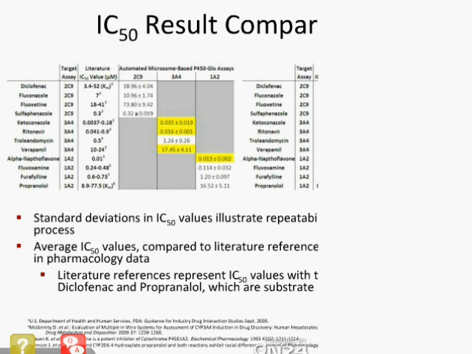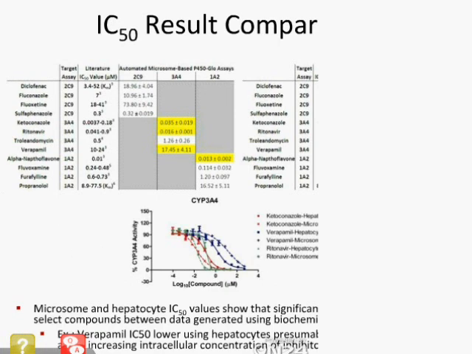However, there are differences that are seen between IC50 values generated with the 2 assay models. The yellow highlighted cells shown here in the 2 tables show IC50 values that differ by roughly a factor of 10 between the 2 formats. And then the graph that's shown here further illustrates this point. You can clearly see how the inhibition curves differ between the 2 formats for the compounds included, which lead to